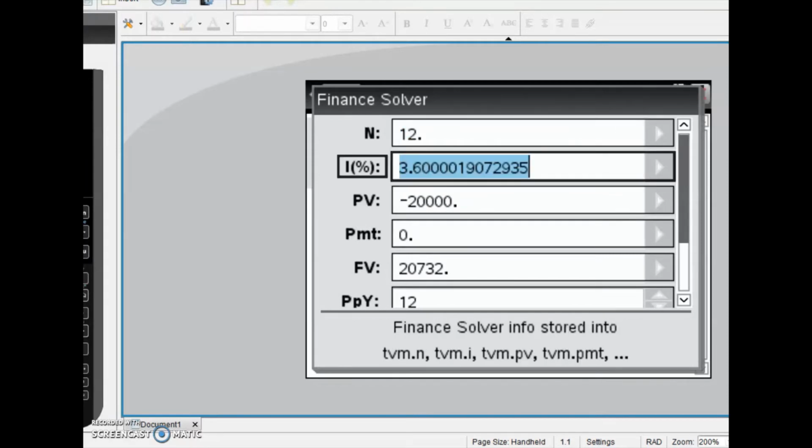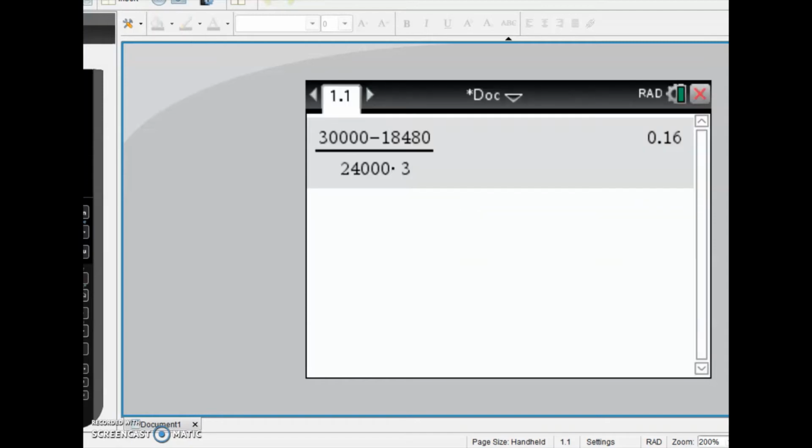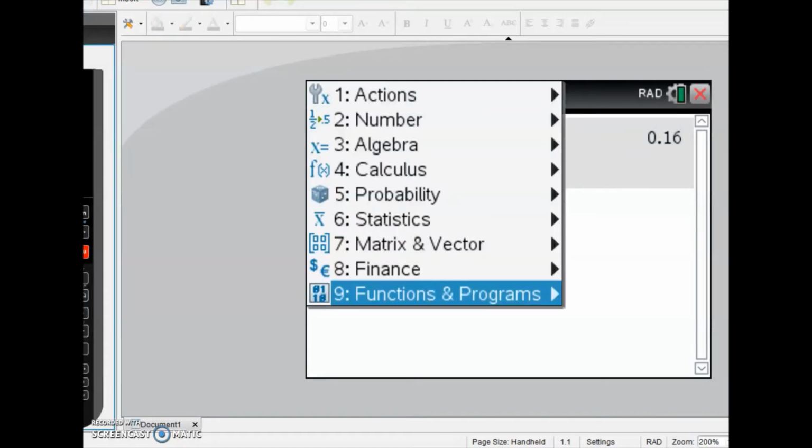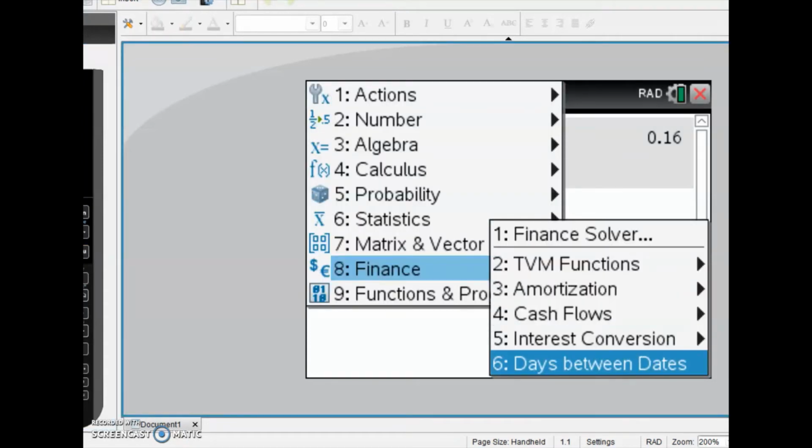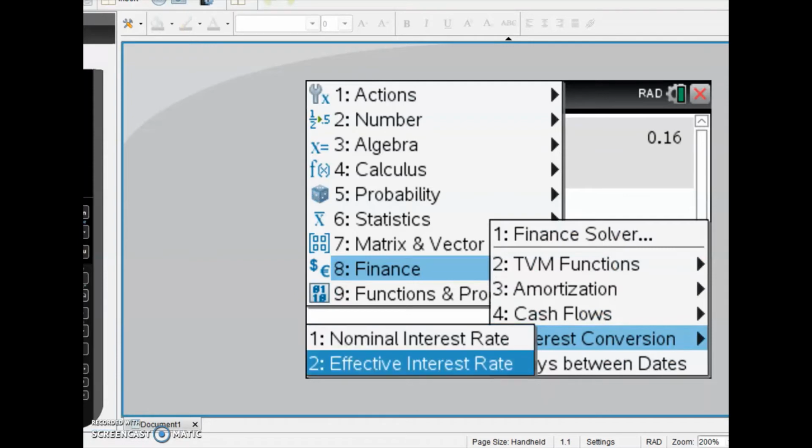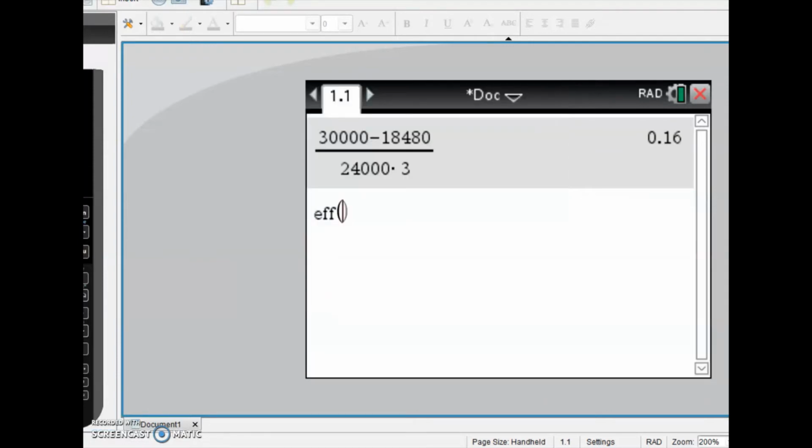And so there we get an interest rate of approximately 3.6. Okay, so that's 3.6% per annum that the bank is paying. Now remember, to find our effective rate, we're going into our finance menu and we're doing interest rate conversions, and we want to find an effective rate. Okay, we put in our interest rate, 3.6, and then the number of compounding periods per year is 12. So we have an effective interest rate of